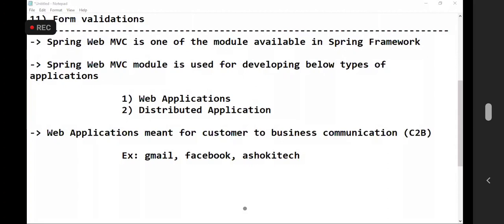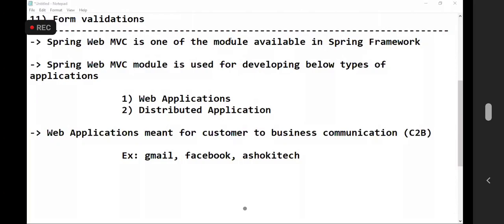All the details you can find on the website. How to contact the Ashok IT team? Contact us is available. If you want to send a mail to Ashok IT, this mail ID. If you want to visit, the office address is available. If you want to make a phone call, the phone number is available. Contact information.